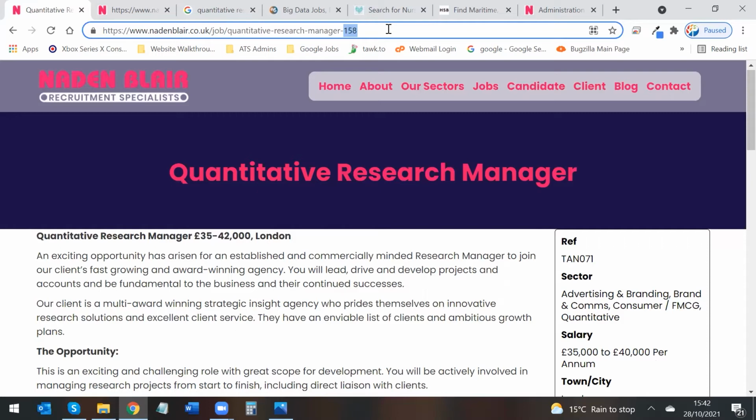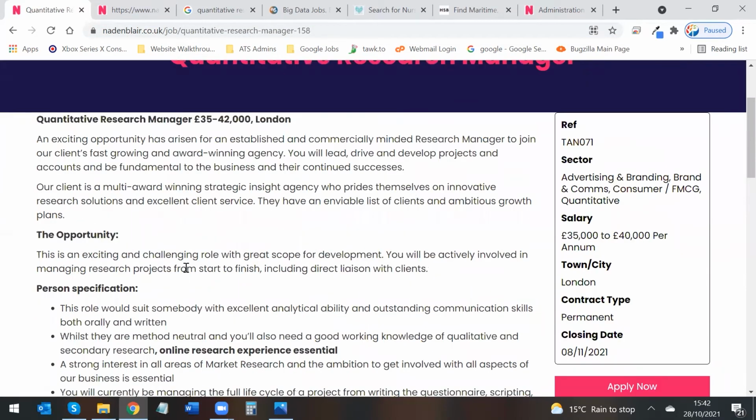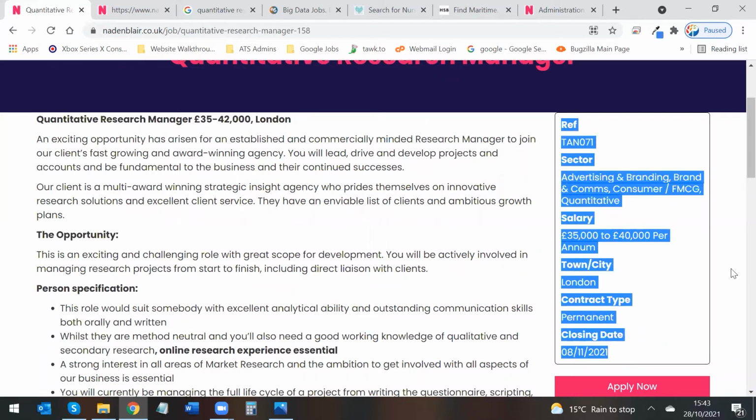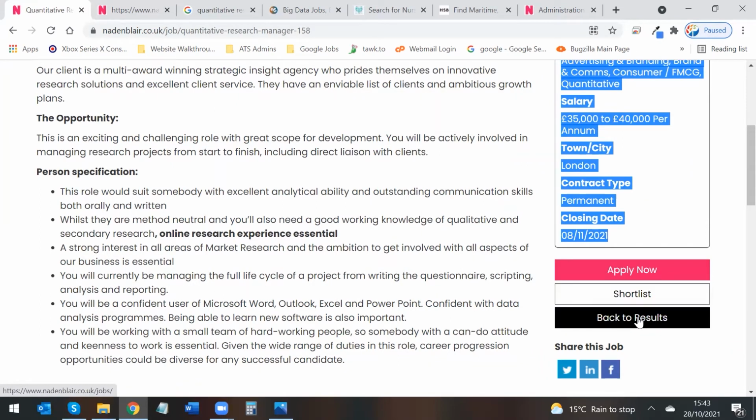If it's location specific, then you'd write Quantitative Research Manager London. Now, the vacancies are normally displayed in a similar format. This is the full job summary. You've got some additional information about the job on the right-hand side. The important apply now button. Candidates can shortlist it. You can go back to the search results, and then you can share that job onto your